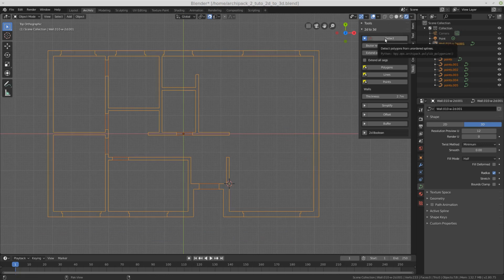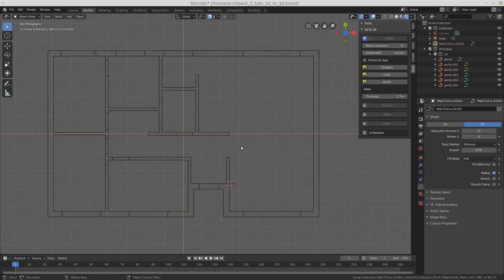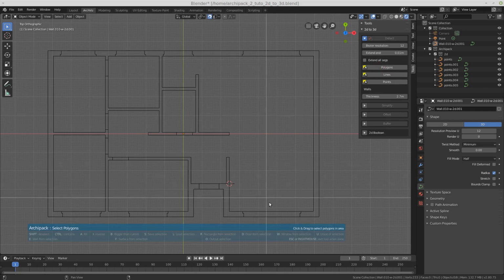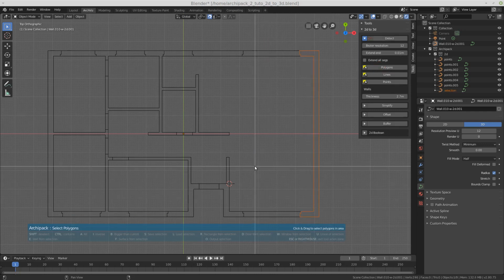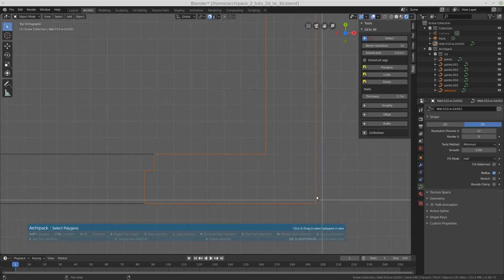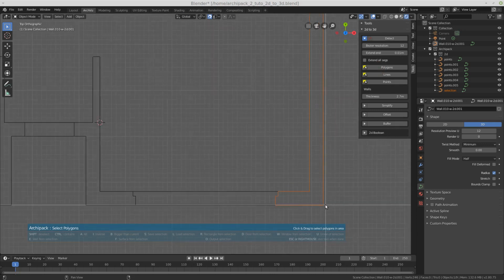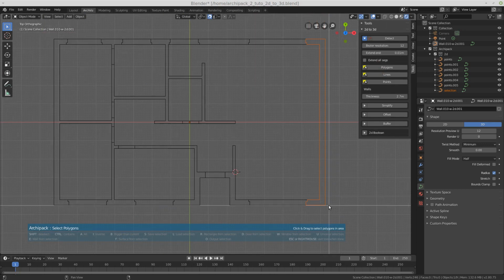I'll hit detect twice, and next I go with the polygon tool. As you can see, when I click here, the tool detected the polygons, even with the wrong, not closed lines. So things like that are fixed by this.